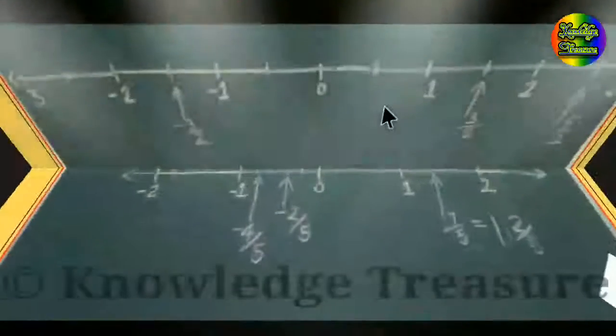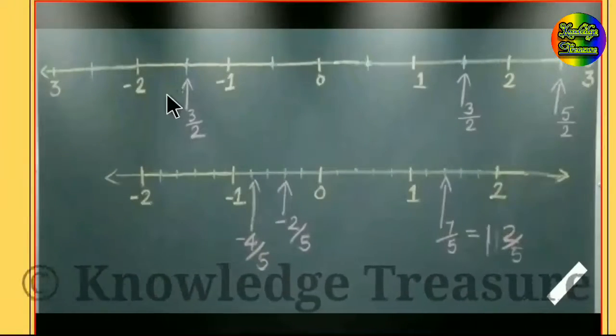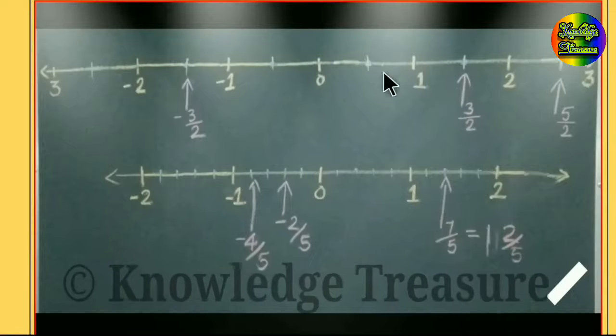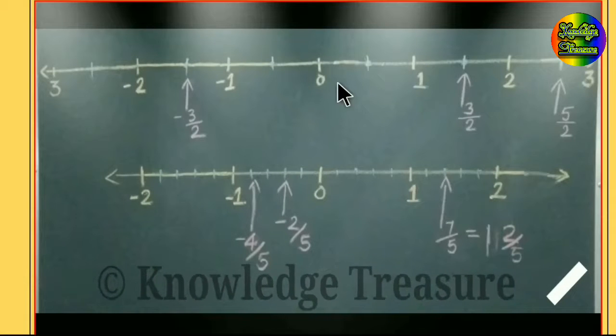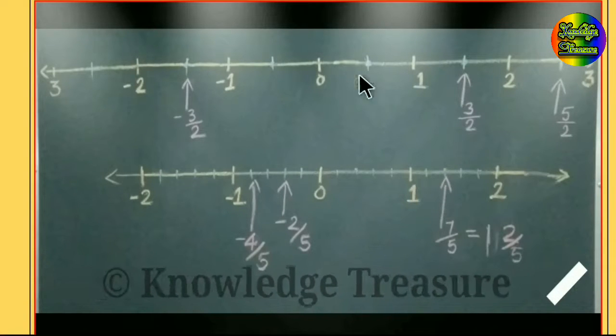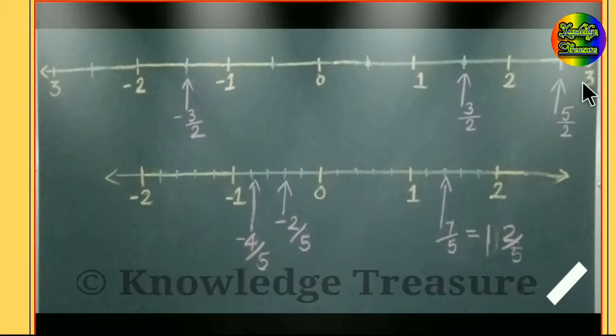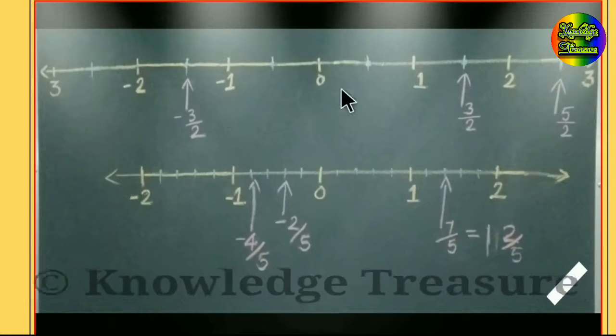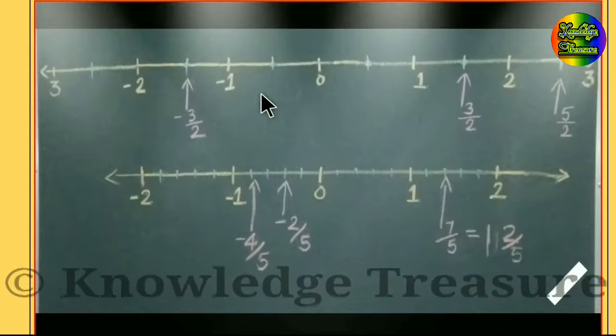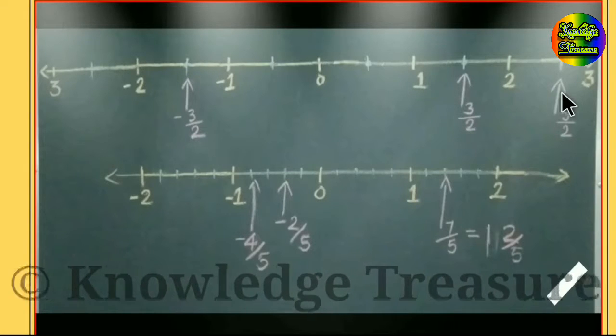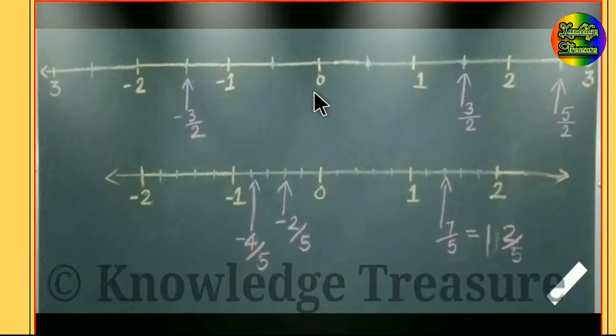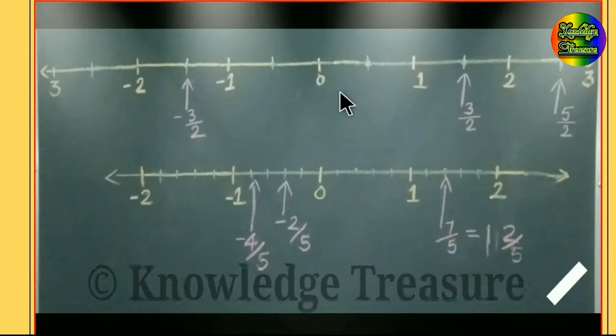Let us see the solution for first question. Step number 1 is draw a number line. While drawing, use a scale and pencil so that it should be neat. Okay. Now, what is the second step? Show the integers on this number line. What is integers? 0 with positive and negative numbers.